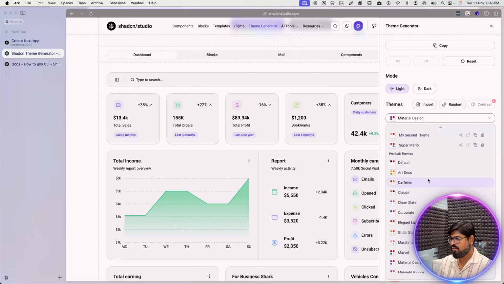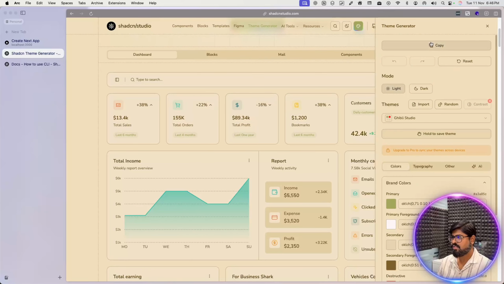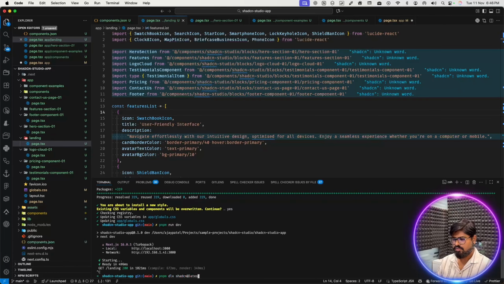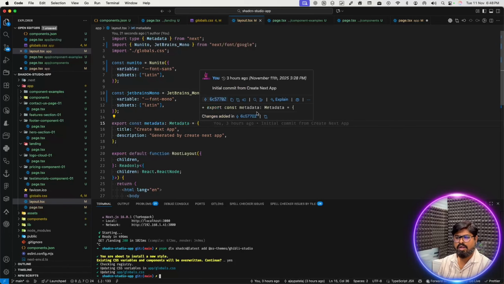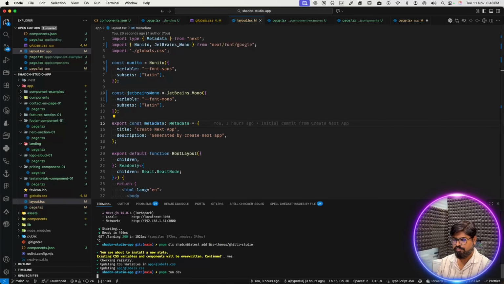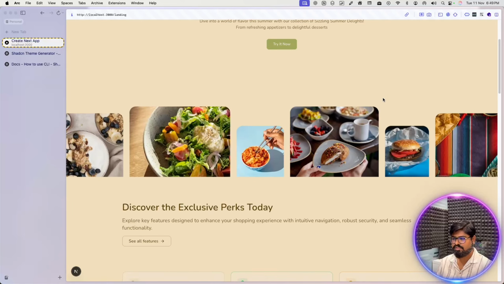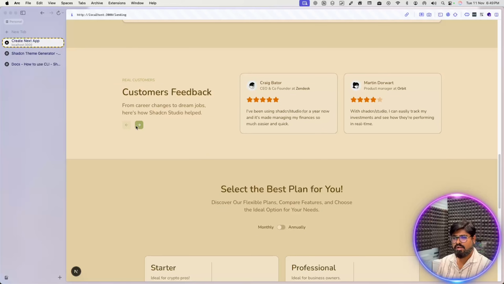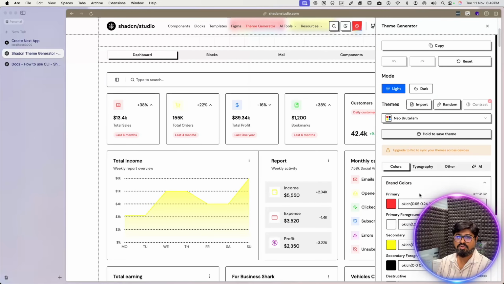Okay, this time I would like to use a theme called Ghibli Studio. So let's copy the Ghibli Studio CLI and use it in our project. Once the theme is installed, you need to add the theme fonts in your layout file. Okay, so let's check the theme. You can see that the Ghibli Studio theme is applied to our landing page and it looks really good and it makes our landing page unique. Similarly, you can also install any other theme from the theme generator and use it in your existing Shadcn